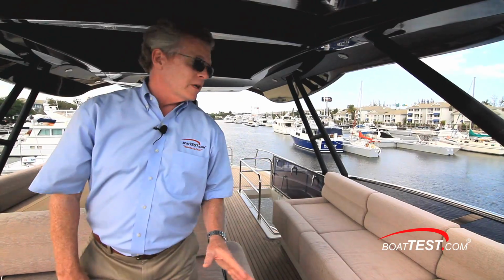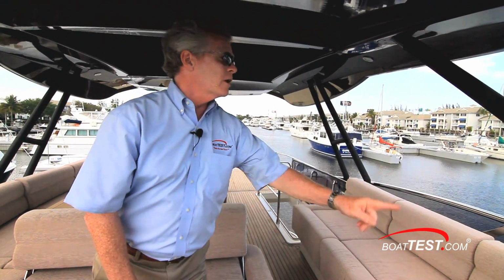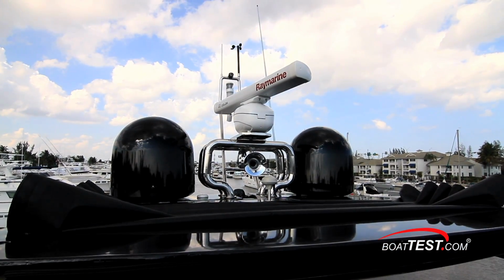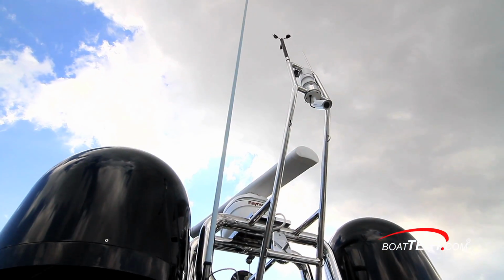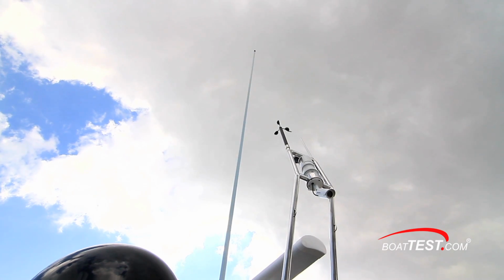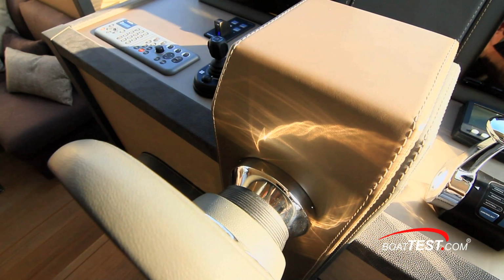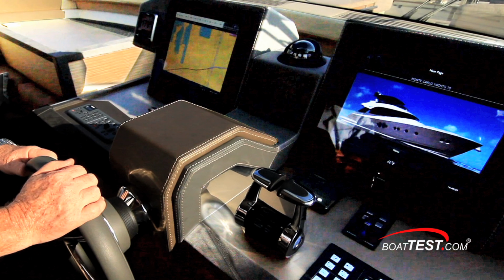As far as visibility is concerned, it's a home run, only interrupted by the supports for the hardtop and the stack to the rear. And the hardtop has plenty of room for any antennas or whatever optional electronic packages are chosen. The lower helm is over to the starboard side, soft touch panel, two touchscreen displays to either side, ZF